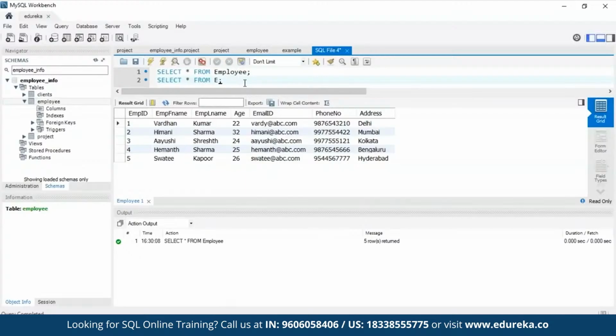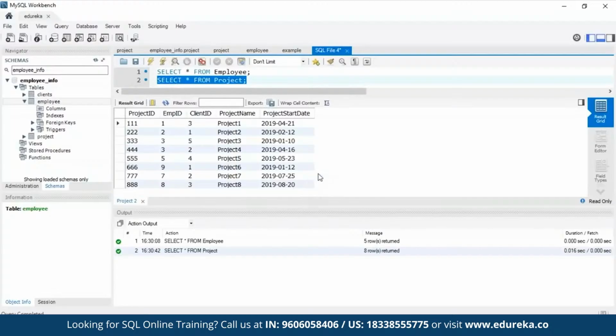Right, so let me just remove this and let me type in project and just execute this particular statement, and you'll see the different column attributes in the project table. So as you can see, I have the project ID, the employee ID, the client ID, project name, and the project start date. Client ID can basically be considered for all those clients, so you can have a separate table